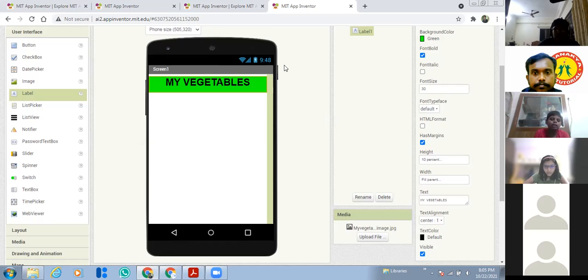Sir, I'm clicking on label, but it's not coming. I'm not able to see, I'm not able to write anything. You have to increase the font size. No, sir, actually there is no option called text to write the label. You have to drag it and paste it inside the screen, then only you can see the properties. Yes, sir. Got it.